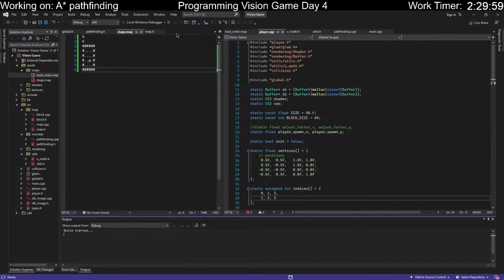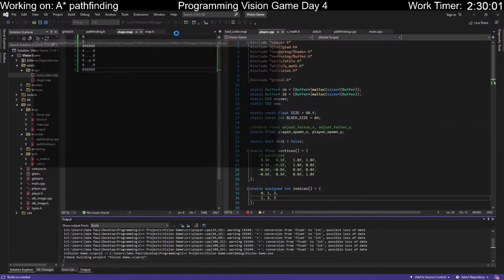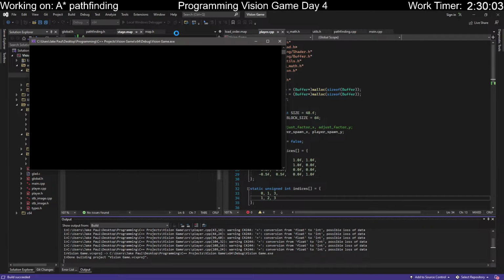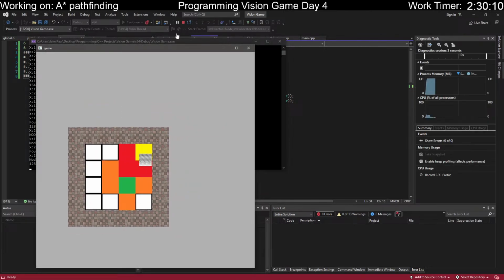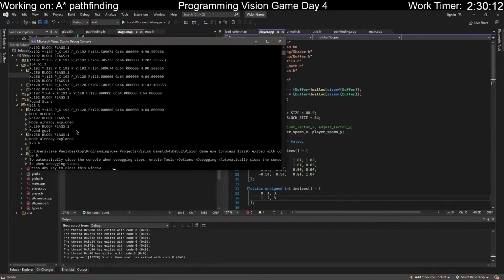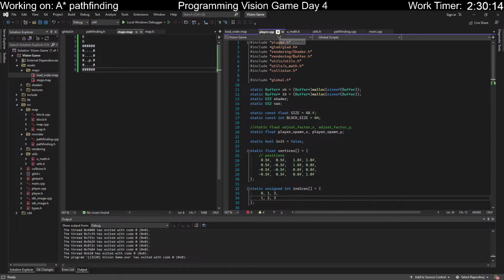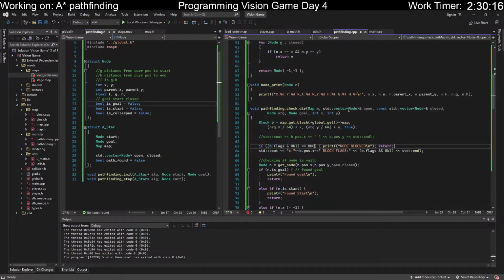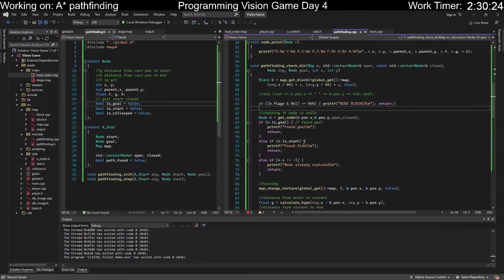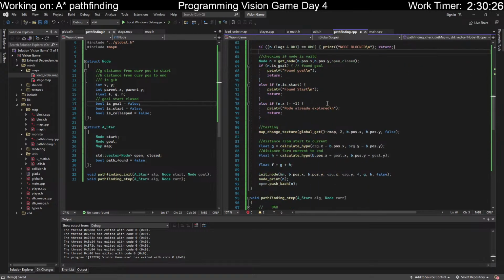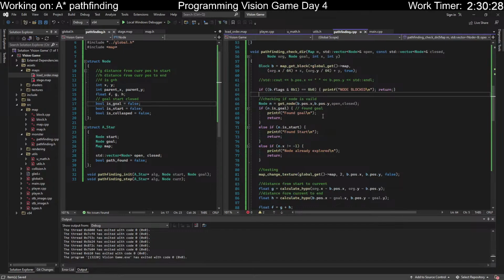Okay, now let's hope my collision system doesn't break. Didn't break. Yeah. Now it doesn't search that anymore, so that error is fixed. That I needed to fix eventually, and I can stop printing this out. There you go. Now, once we found the goal, we immediately